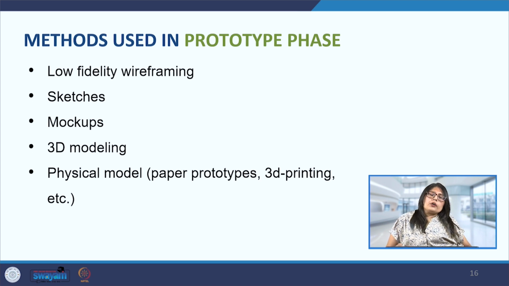They allow the designer, the team, to actually get a feel of the product before it is launched, and certain shortcomings or pitfalls that may be there can be taken care of at this particular stage itself, so that the final product is more refined, and in the case of a physical product, it is more ergonomic and efficient. And in the case of the digital product, it is more user friendly, it has a positive user experience, and also the cognitive load is taken care of.